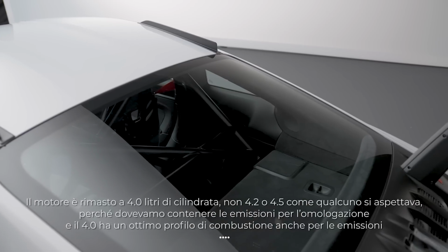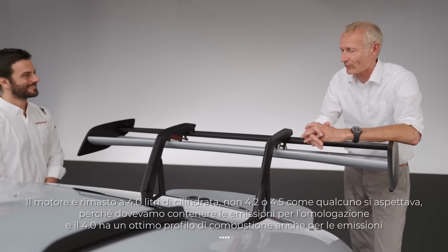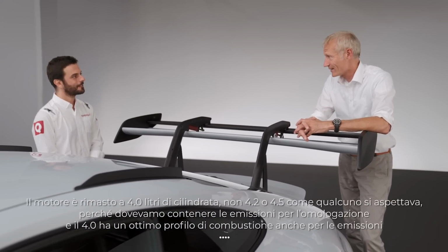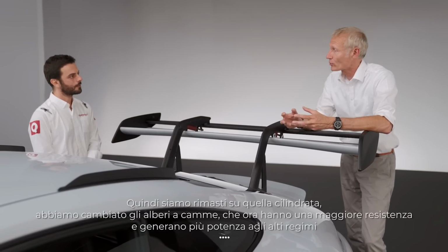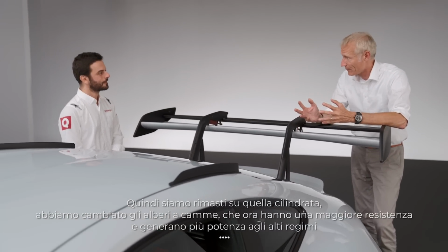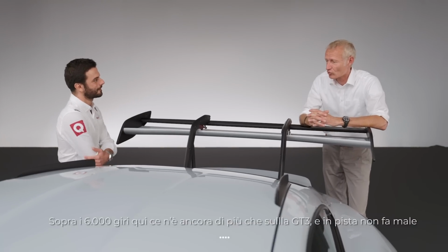The engine stayed on 4 liters of displacement, not 4.2 and not 4.5 that many people have expected, because we have to keep emissions. The car has to be street legal, and the 4 liter just burns so beautifully, emission-wise as well. And so we stayed at 4 liters and looked at the camshafts. So the camshafts have more duration. They're hotter, I would say, and that creates more power at high RPM. So above 6,000 RPM, this car has even a notch more fire than the GT3 has,